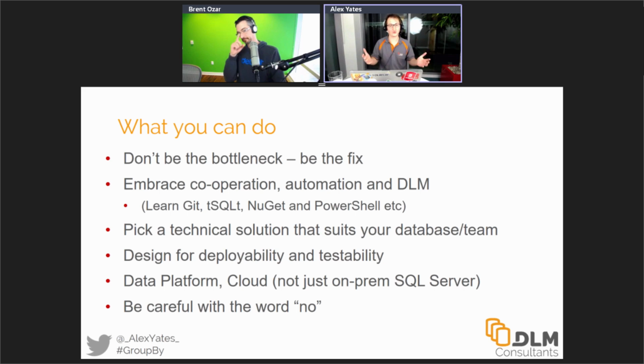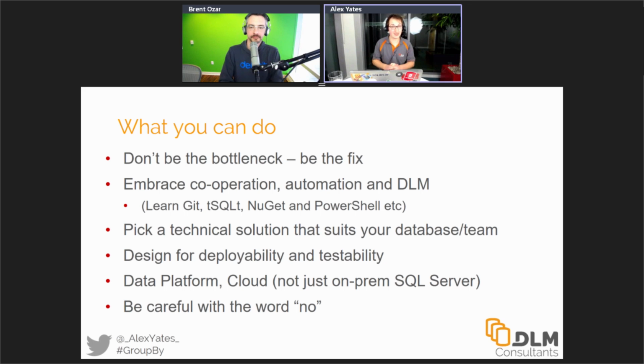Okay, so embrace cooperation. A part of that, embrace the other aspects of DevOps, automation, database lifecycle management, the tools that go along with that. Make sure in this day and age, we should all know how to use Git. We should all be learning PowerShell. We should all be trying to think about how we can test our data. It's crazy that it's 2017, and I'm trying to suggest, wouldn't it be a good idea if we did some testing? We should be thinking about that. It should be crazy that that's not something that we think is really important.